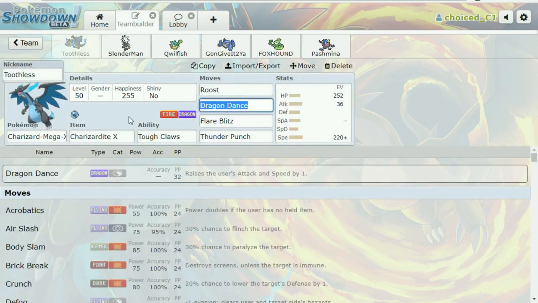First off, we've got a bulky Charizard X with Dragon Dance. We didn't really need much coverage besides Flare Blitz and Thunder Punch. It does leave us a little bit weak to Dragonite, but we can still hit it for pretty good damage. Flare Blitz, if the Dragonite doesn't have its Multiscale up, still does a good chunk of damage,